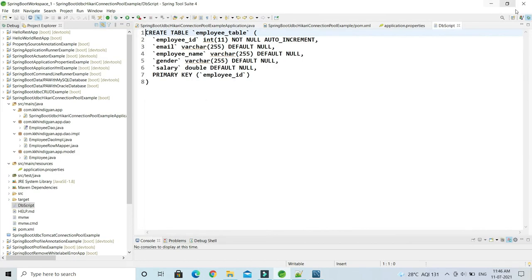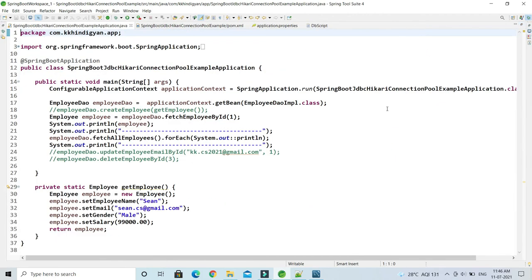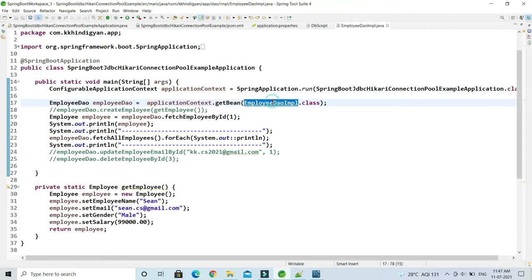Now this is my Spring Bootstrap class, which is the starting point of our Spring Boot application. Here I get the application context object, and using it I'm asking the Spring container to give me the instance of this employee impl.